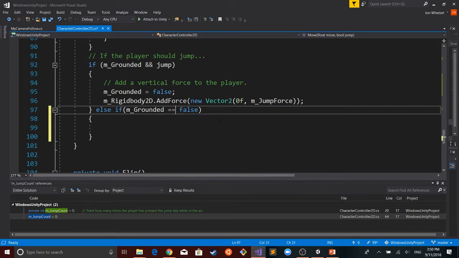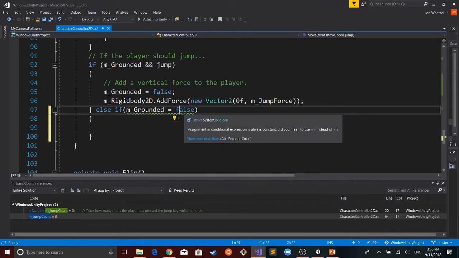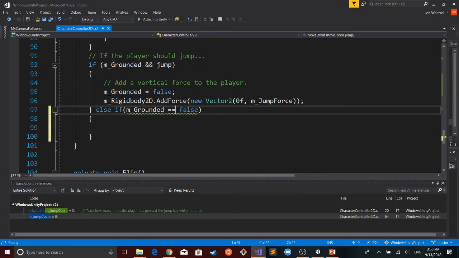With conditional statements, if you're checking for equivalence, you use this equal equal. It's to disambiguate between, say, something like this, which is trying to set a variable equal to a particular value, and this, which is checking for equivalence. So I'm just going to leave it like this just for the sake of clarity for those who haven't done much programming.